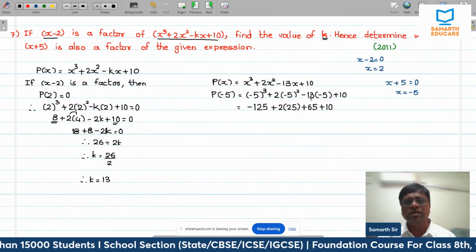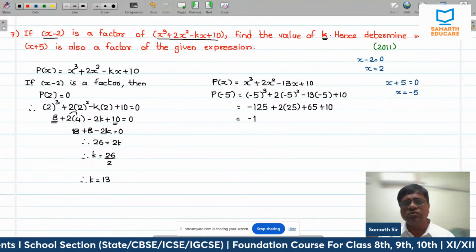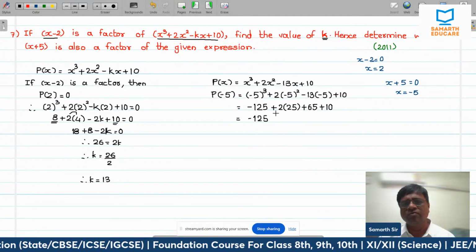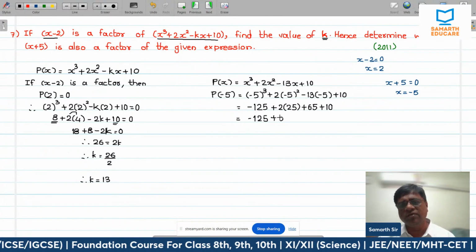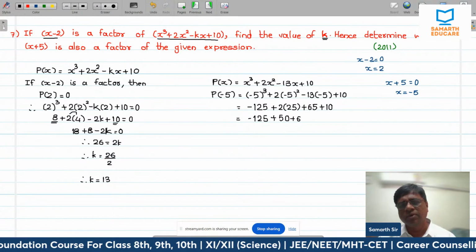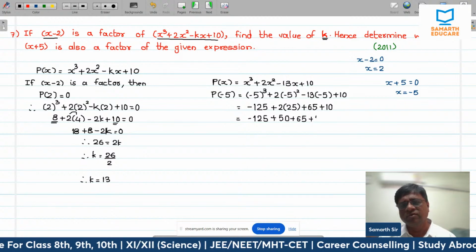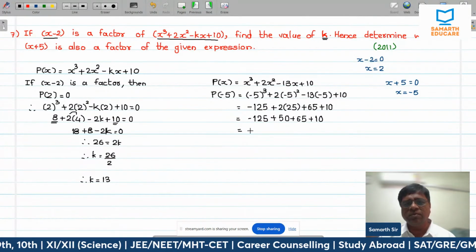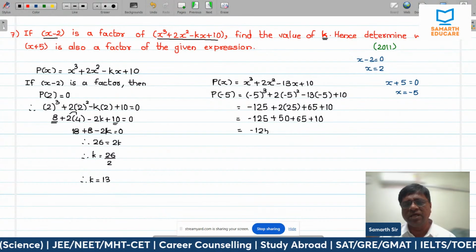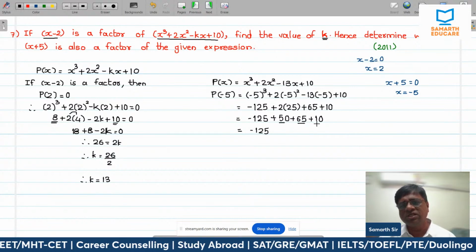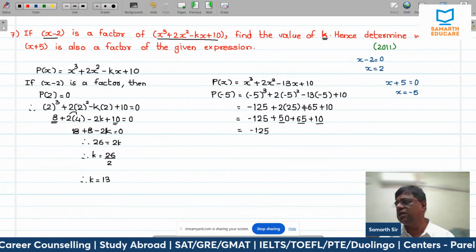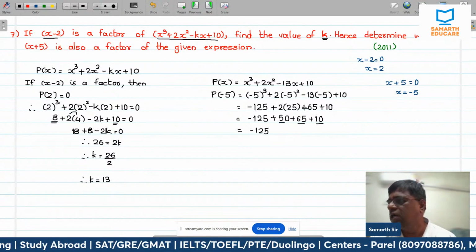Plus 10. Okay. Now, minus 125 plus 50 plus 65 plus 10. You can see here minus 125 I'm keeping as it is, 50 plus 65 plus 10. सिंपल कर देते हैं, आसान कर देते हैं. अगर मैं लेता हूं